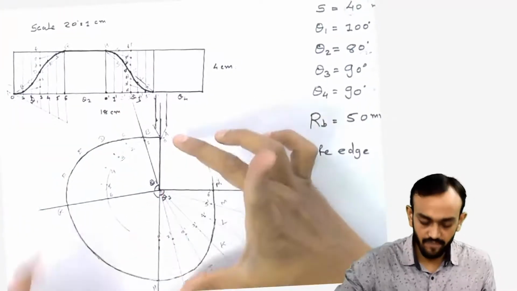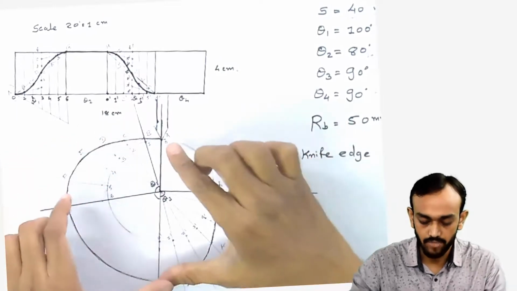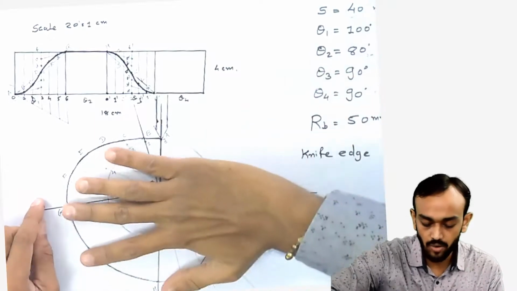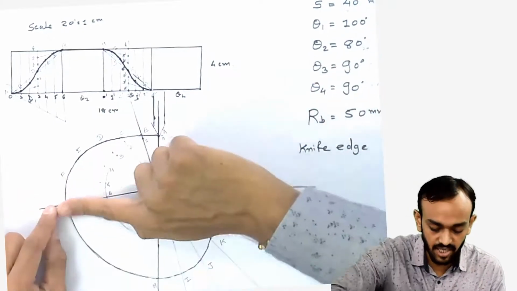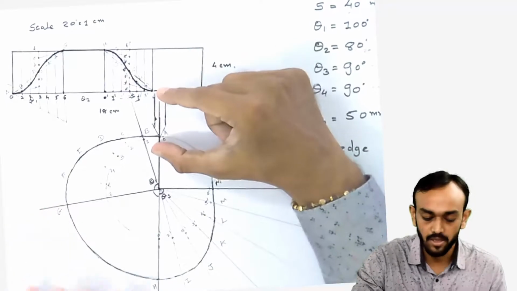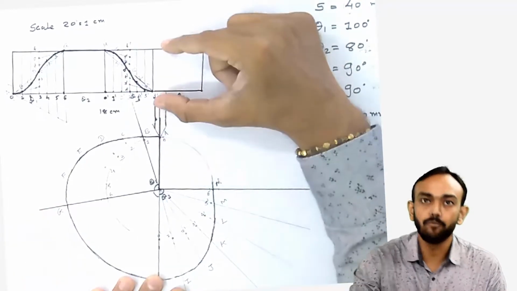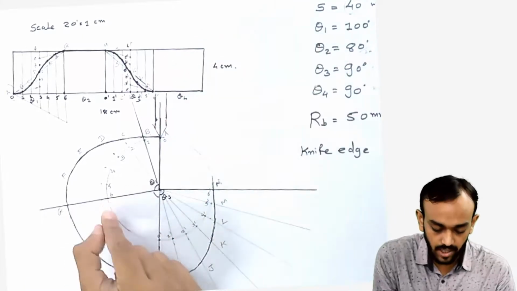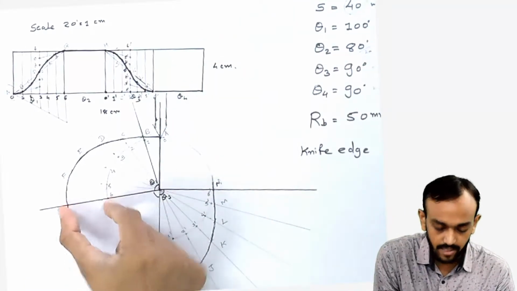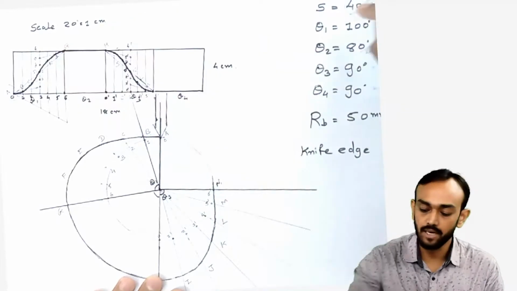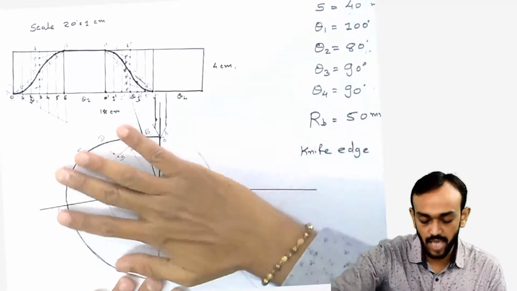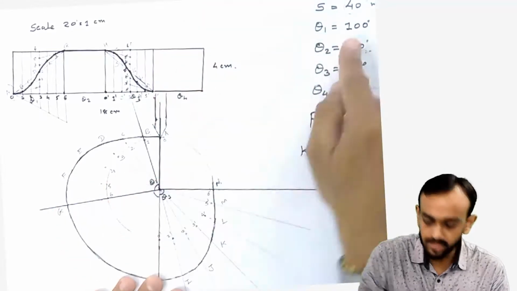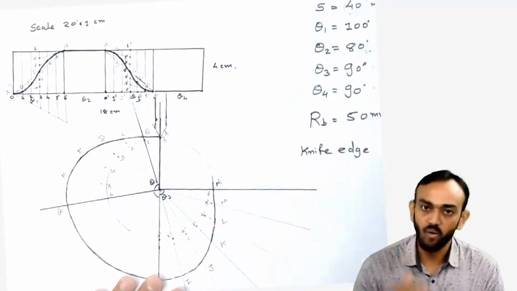You can see here, when this cam is rotating, in a 100 degree rotation of the cam, when this point G comes here, our follower will move in an upward direction. And how much this length will be, you will know from the circle to this height, which we have got here as 40 mm. So when this cam is rotating, this follower will move upward 40 mm during this 100 degree rise angle.